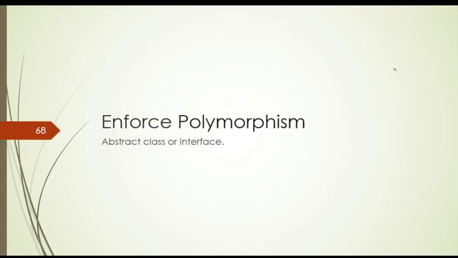To enforce the polymorphism, what you can do is use interface, either interface or abstract class. We haven't talked about abstract class, but it's really same as interfaces, but an abstract class could have definitions with other methods, but an interface will never have any definition of any method. That's the difference. And nothing is different than the contracts. The contracts implementation are really same. If you don't implement the abstract class contracts, you will get an error in the compile time.